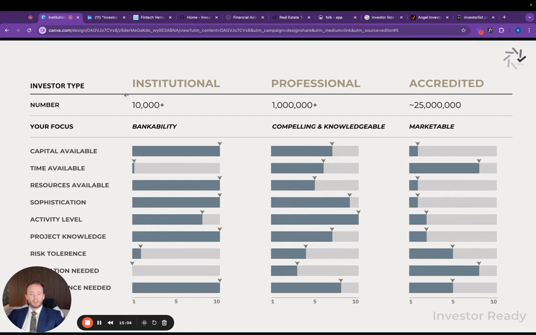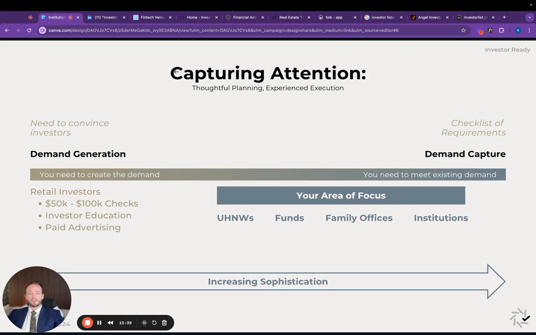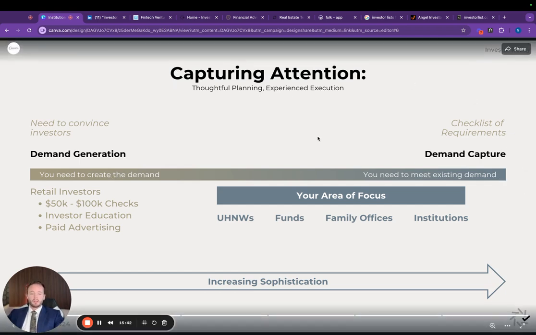First consideration. Second consideration is really just doing a little bit deeper dive on those three categories and understanding what you need to be optimized for, right? Do you need a huge social media presence and funnels and paid advertising and paid brand presence to attract accredited investors? Yeah, probably, but that's not going to go the same distance when it comes to institutional or professional, right? Really optimizing for bankability, investability, being compelling and knowledgeable, crafting your brand presence around these things, really establishing that you know what you're talking about, have authority in this space, that you can add value to these connections and to these relationships.